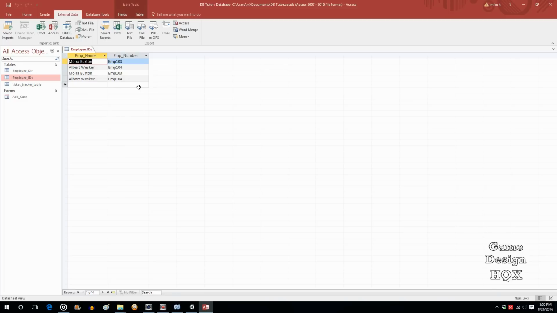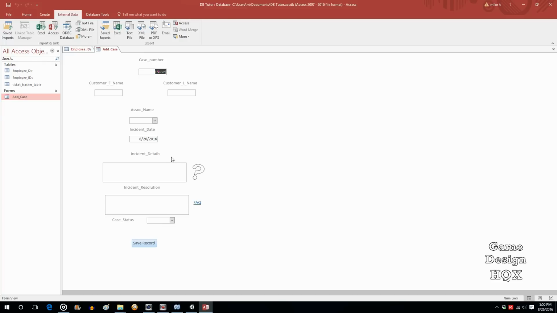There's certain things to be cognizant of, such as making sure that the column names match when you're trying to import a spreadsheet. You need to have matching columns, and there's things like that that you need to be mindful of. So that's basically how you use the built-in wizard to import a spreadsheet. And again, this is something that you, the DBA, would do. But if you want your end users to use it, once you shut off the ribbon, you shut off the view to the table, and all they see is, say, the form to import the case,